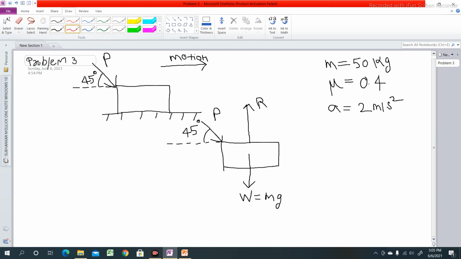So these are those two components of push force P. This is the horizontal component, which is your P cos 45, and this is your vertical component P sin 45. Okay,